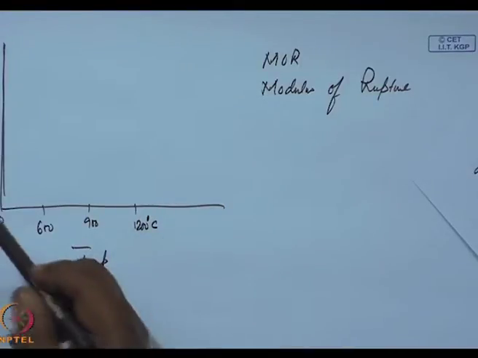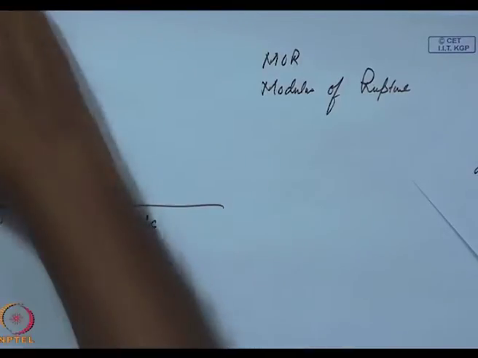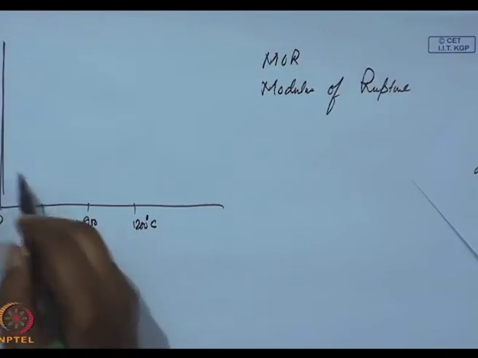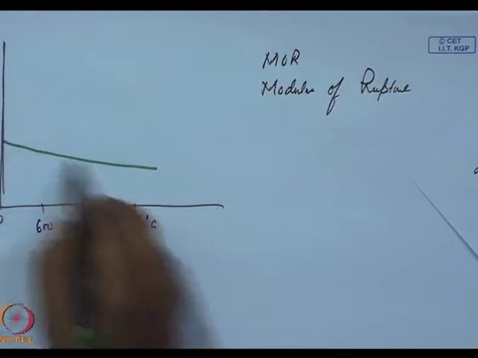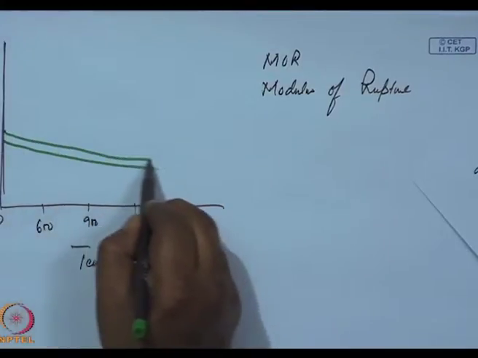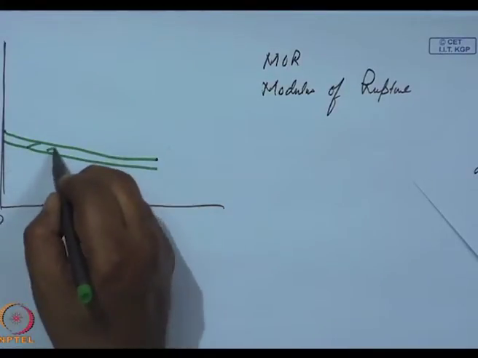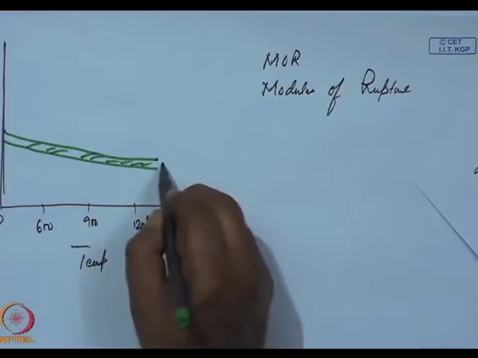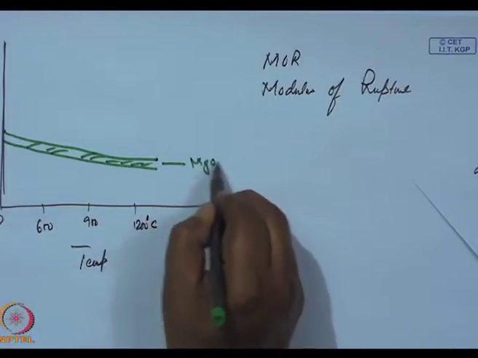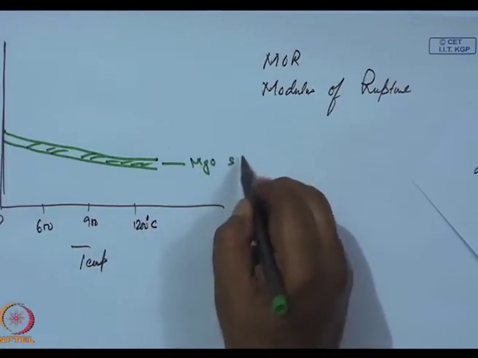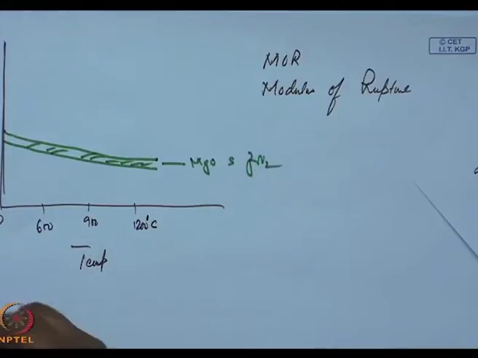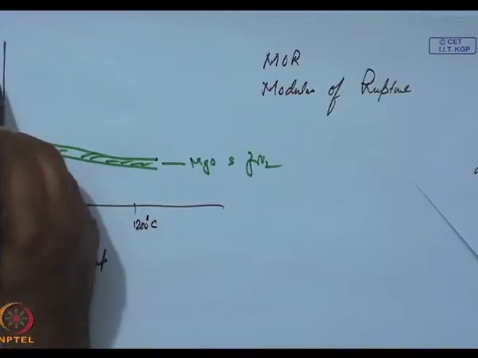If I have this modulus of rupture, this is the range for magnesia stabilized ZrO2. Whereas, if I am using yttria